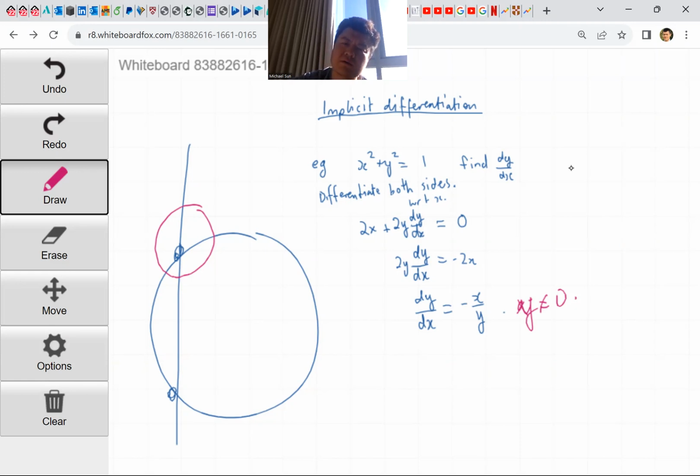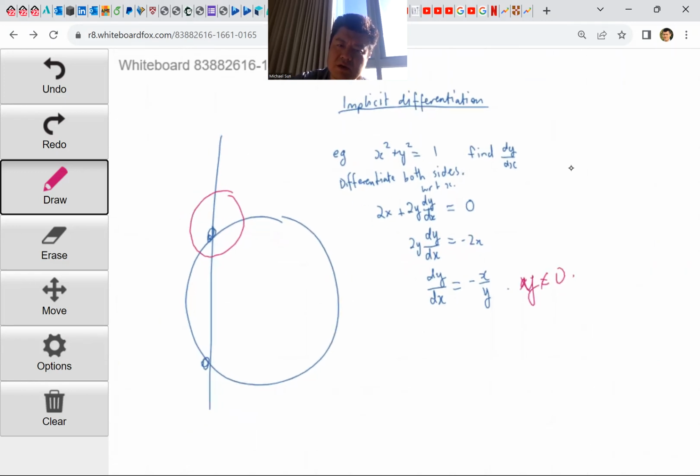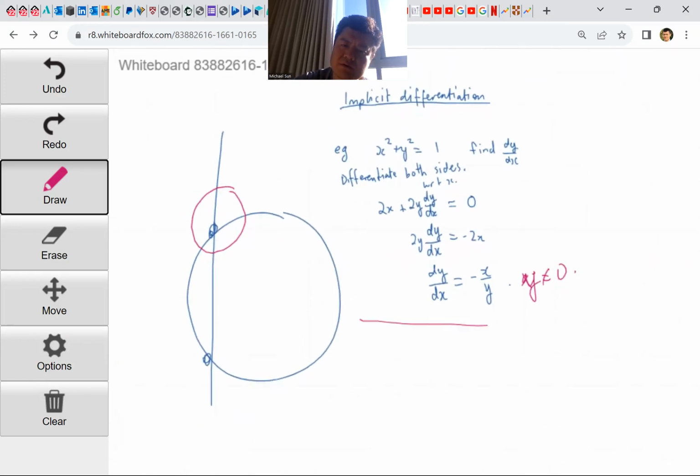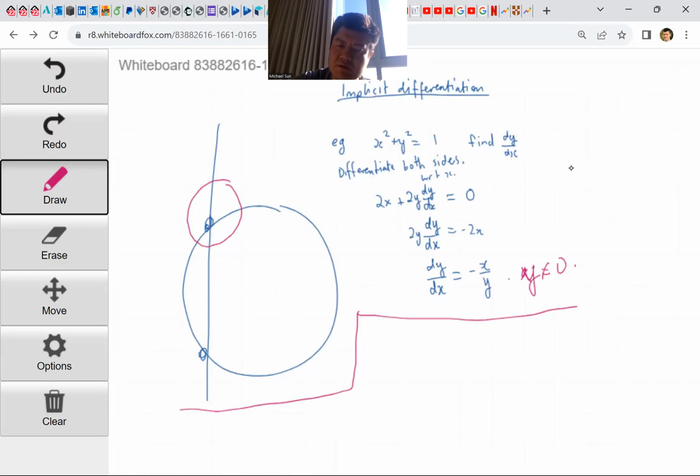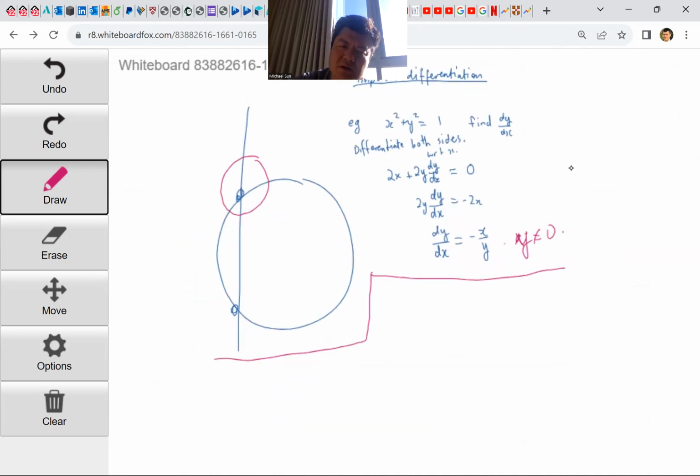So I guess maybe this is worth talking about. We're getting a little bit off topic, but I think as far as implicit differentiation is concerned, our discussion is over. But I thought this was kind of interesting because this reminds me of something that happened in the classroom when I was in high school. Okay, so the point is, even though x squared plus y squared equals 1 is not a function,